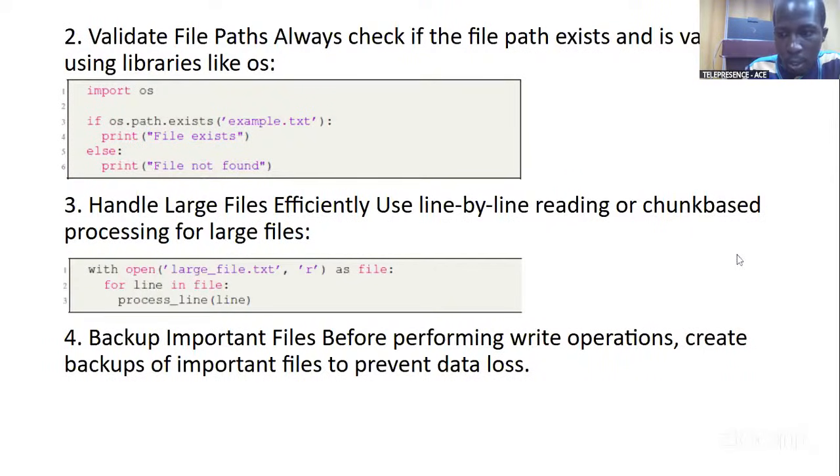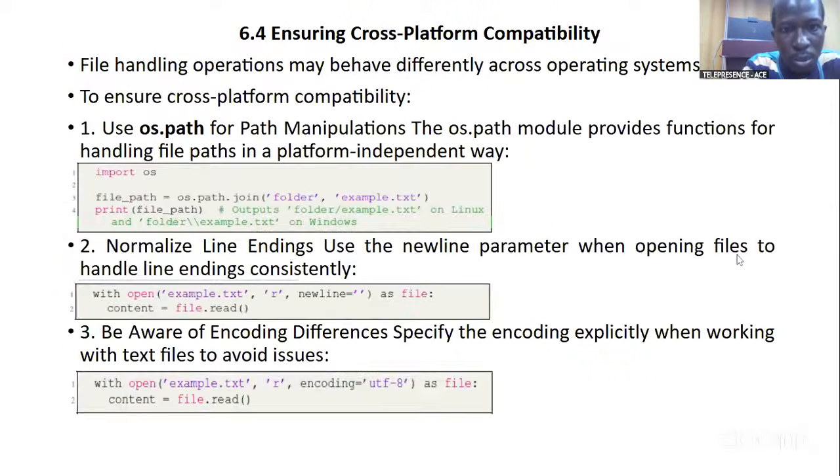Okay. After that, the last, I think that should be the last one. Ensuring cross-platform compatibility. File handling operations may behave differently across OS, that is operating system. So to ensure cross-platform compatibility, use os.path for path manipulations. The os.path module provides functions for handling file paths in a platform independent way. Also normalize line endings. So use the new line